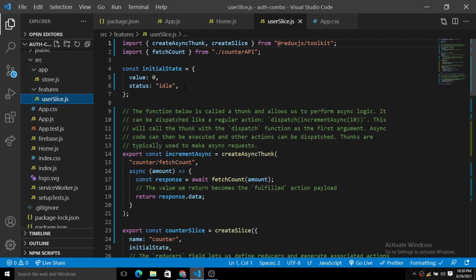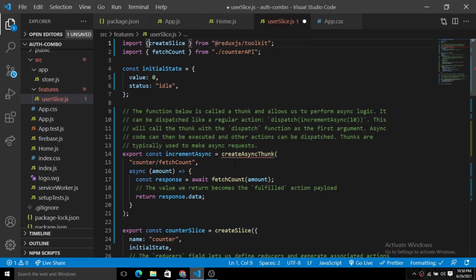Okay, so here you can see we have predefined code, but we are not going to use any of that. So just pay attention here. This is a very important state. We are just creating a user state that will be persisted with our application here. Okay, so this is a very important step.